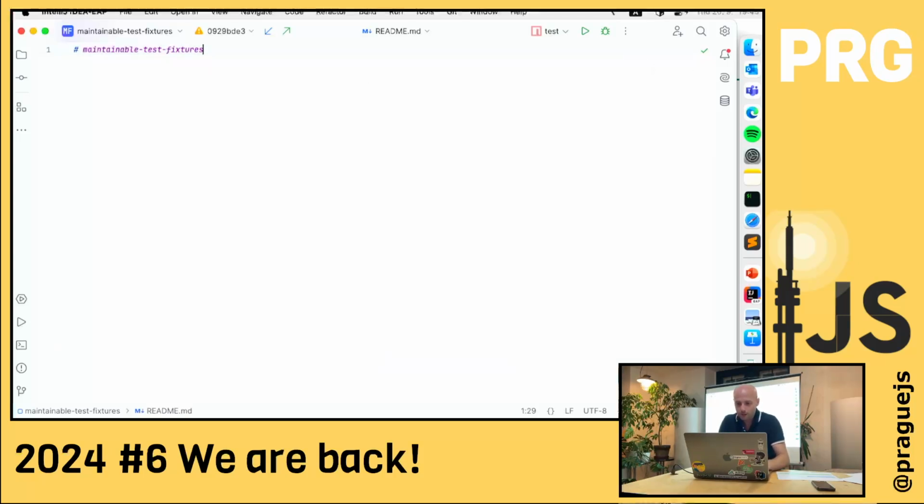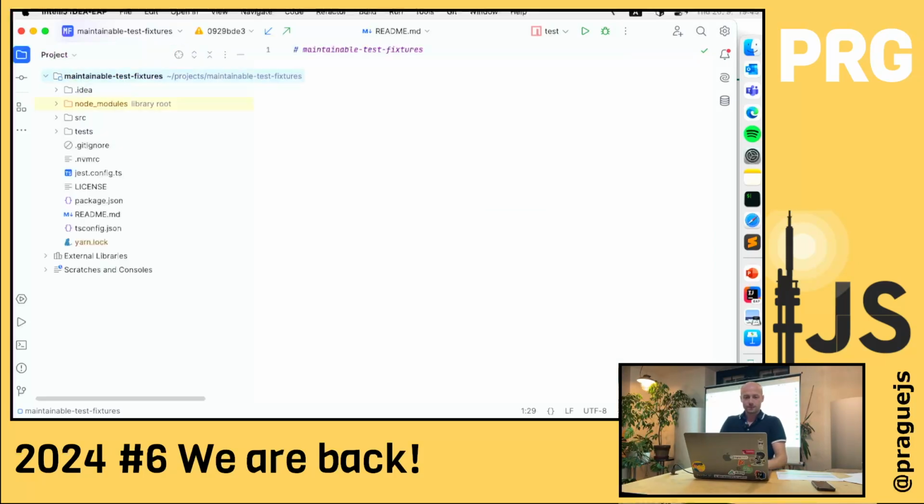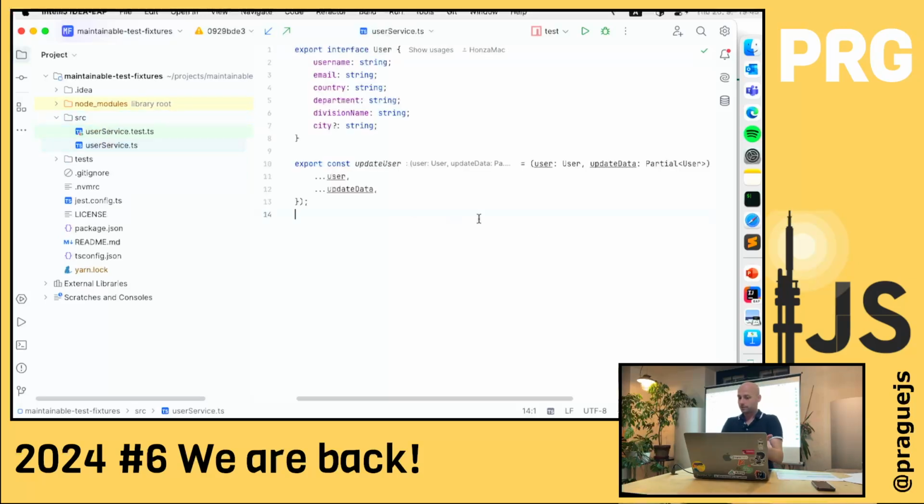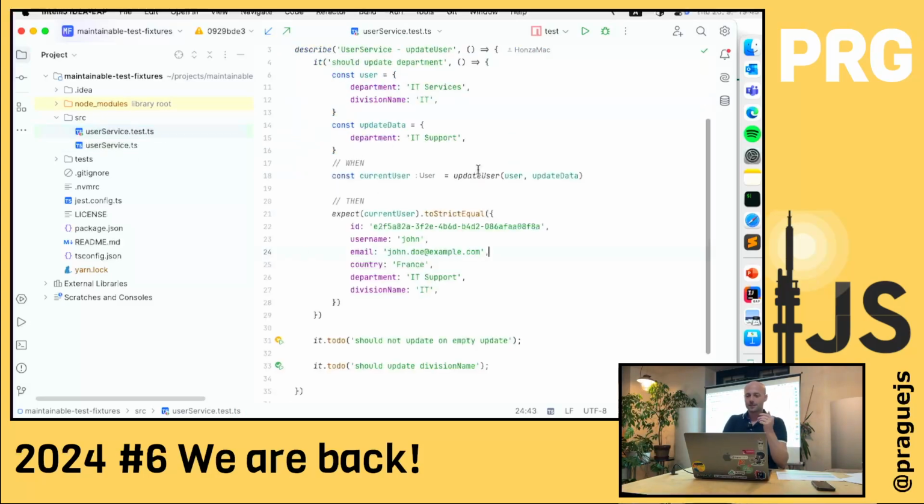Okay, so here is a simple example. We have some user service. It's just simple. It's just update user and it just combines inputs. That's all. That's the whole implementation of it. We also have a type user, and then we have a test for it.